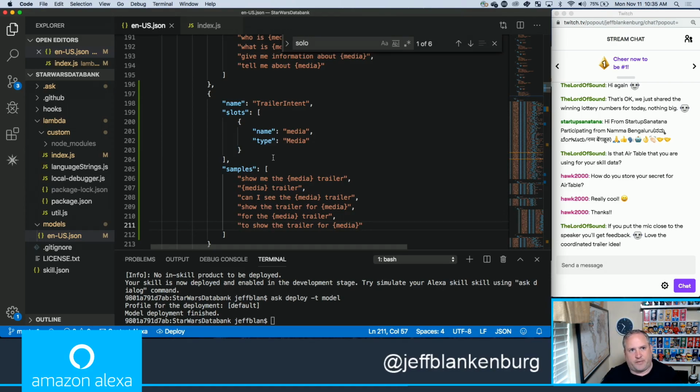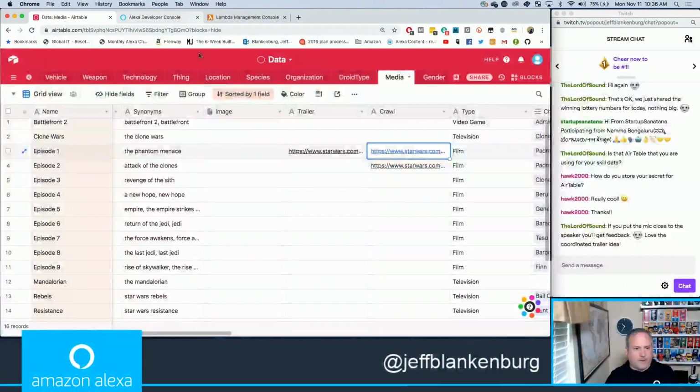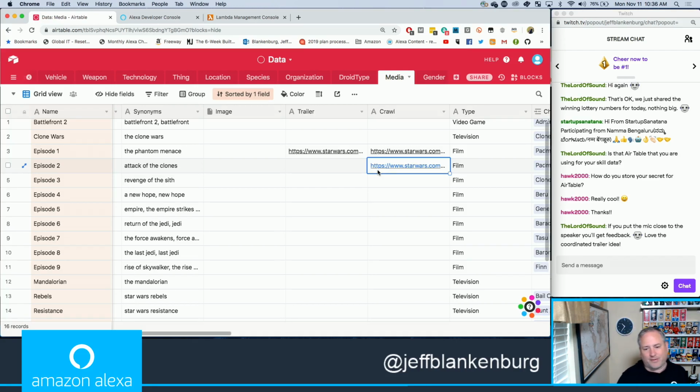I have two philosophies on this, and I don't know which one's right. Maybe you guys can give me your opinions on how you would handle this. The links that I have here are links to the actual media files that are located directly on the Star Wars website. Part of me feels like these are publicly available and I'm just linking to them, and that's generally fine. And then part of me feels like my skill stops working if they move those files or whatever. Maybe I should make my own copies, and that feels less